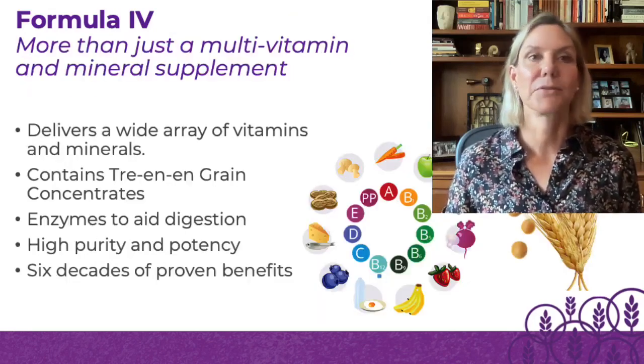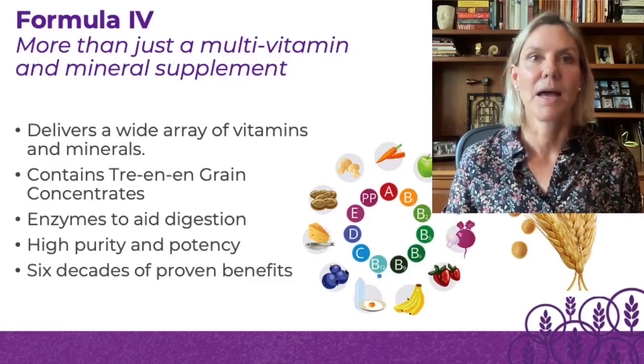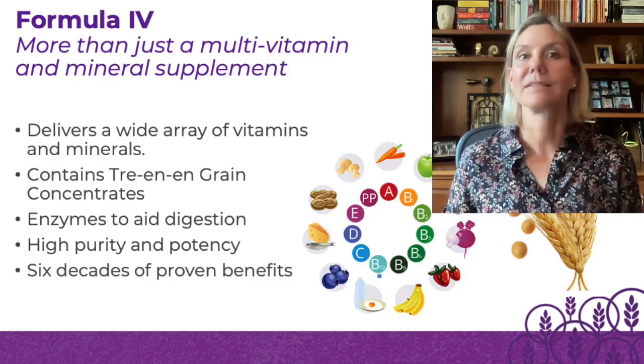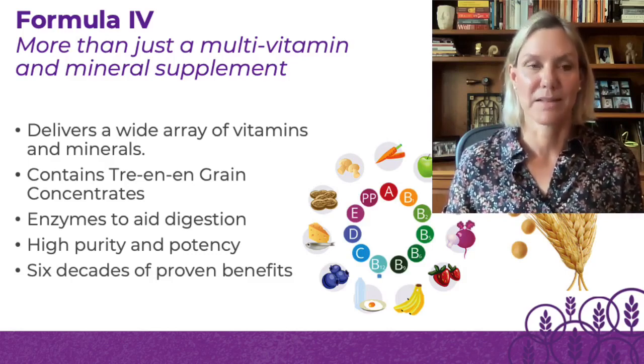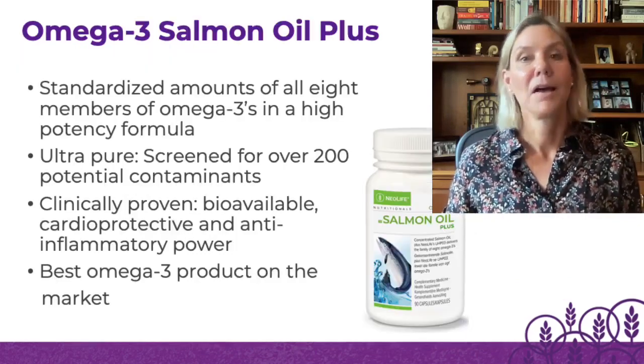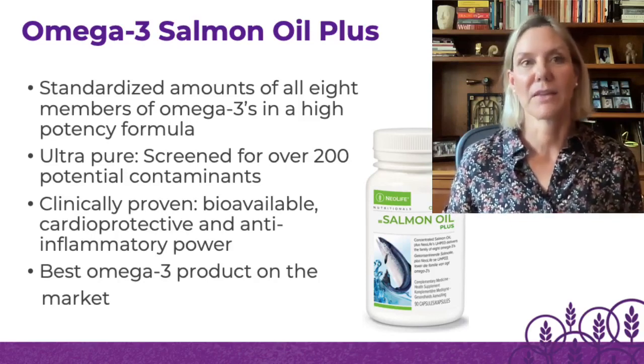As you know, Formula 4 is more than just a multivitamin and mineral supplement. It's NeoLife's first product. It was a revolutionary product at that time, and it's a revolutionary product today. It has 6 decades of proven benefits. And Omega-3 Salmon Oil Plus, which represents for me the state-of-the-art on omega-3